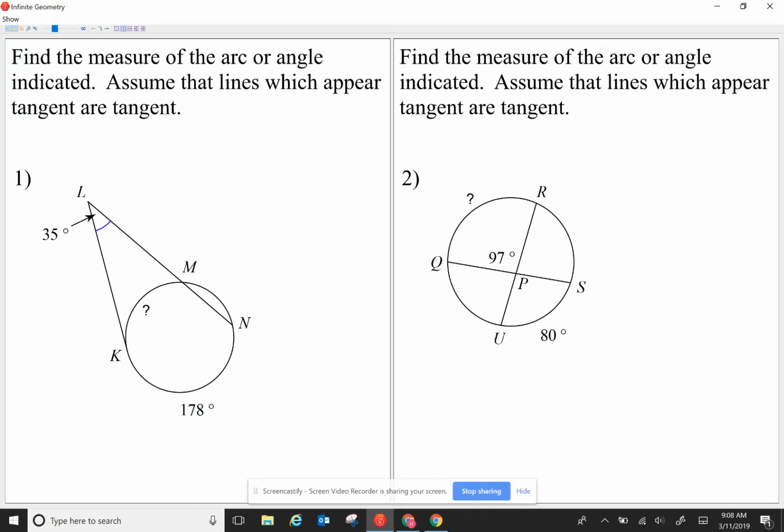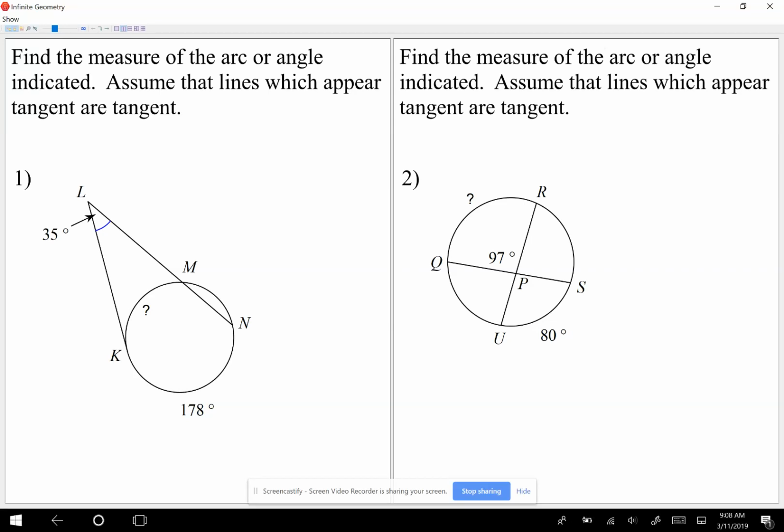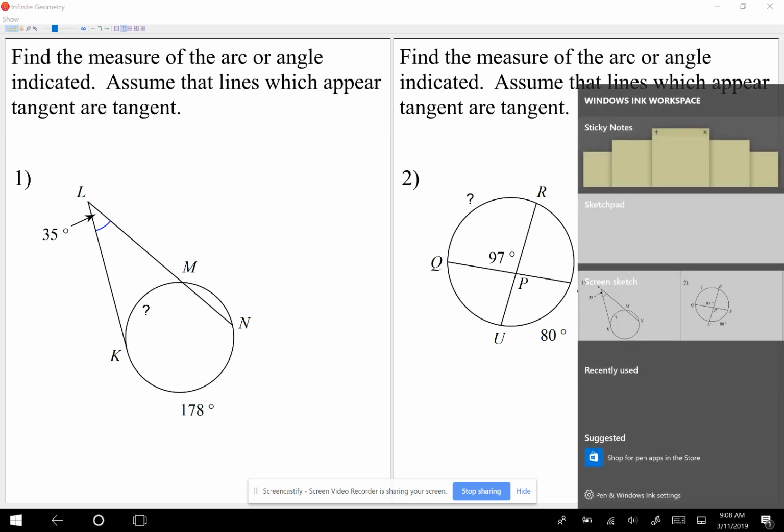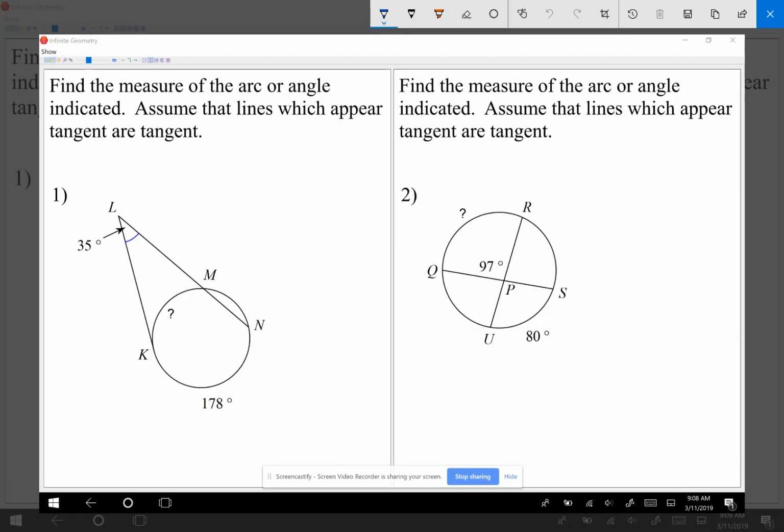For today, we're gonna start reviewing what we did last week. You guys did not do bad on the quiz, so I'm assuming you guys are good with these. But still, let me review. Now, on the first two examples that I see here, it's all numerical. So just as a reminder, when the angle's on the outside,